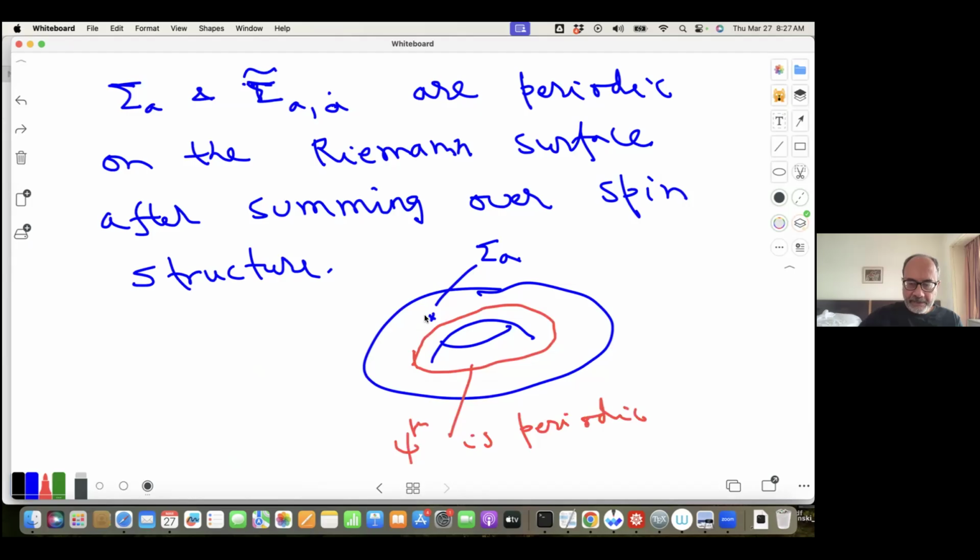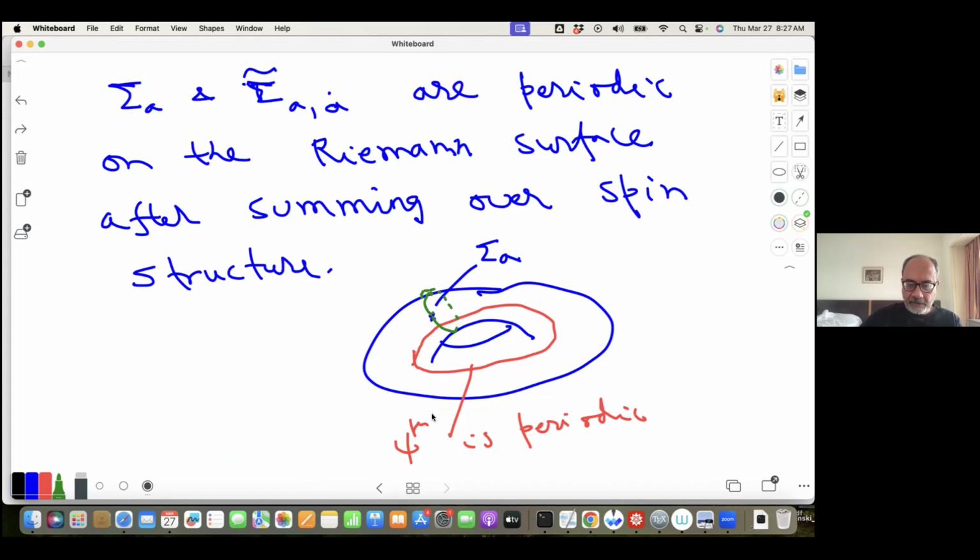Then if you take this sigma_A and go once around the loop, around the A cycle, you will cut this contour once, right? So as a result, the sign of psi will change as it crosses the path of sigma, because there is a branch cut starting from sigma for psi mu. So if you take sigma and come back to the original point, in that process you will change